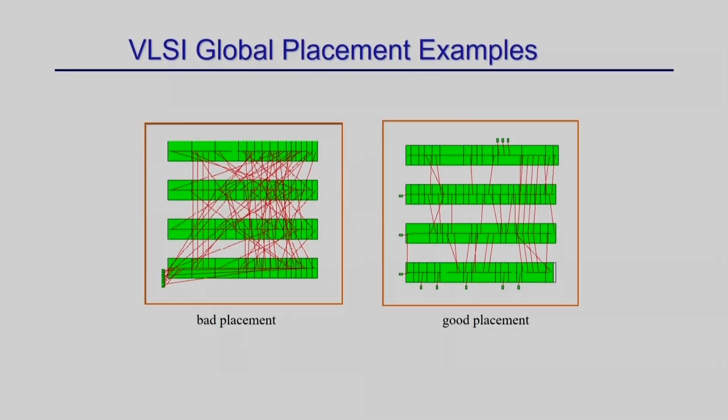Okay. So here is another example of a bad placement. These are all components placed, and this is the interconnection. You can see there are a lot of crossings, and if you just reorganize them, you can have a good placement where the wire length is less. So placement does this: it makes a good placement so that your total wire length is reduced.